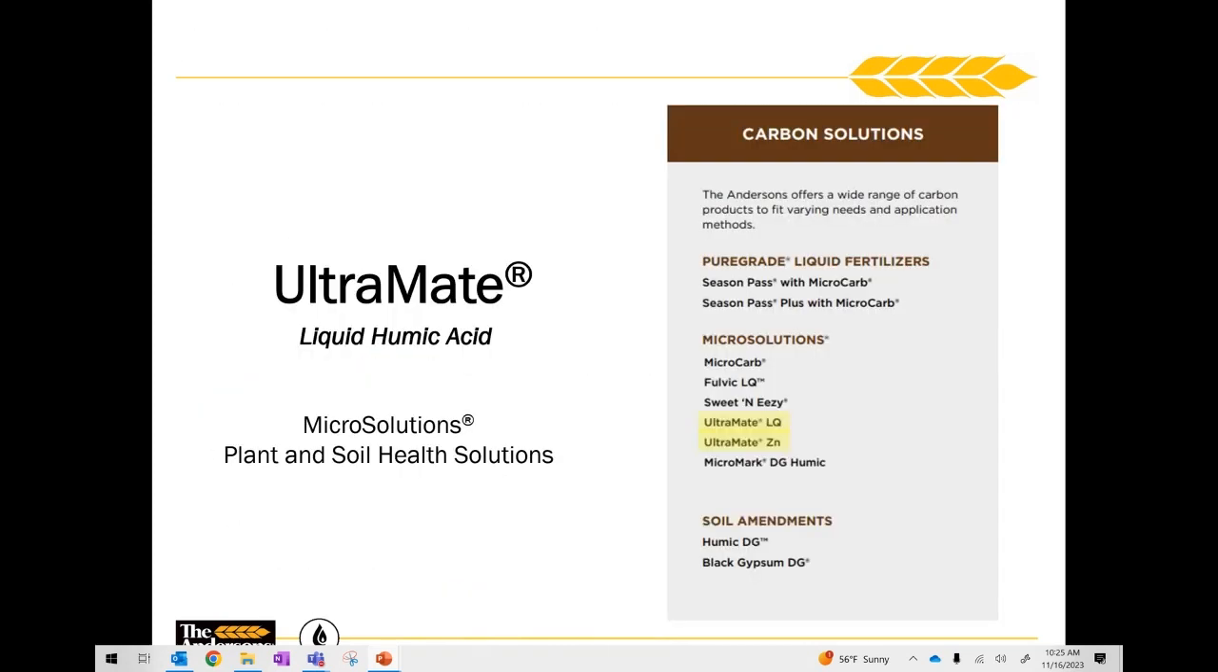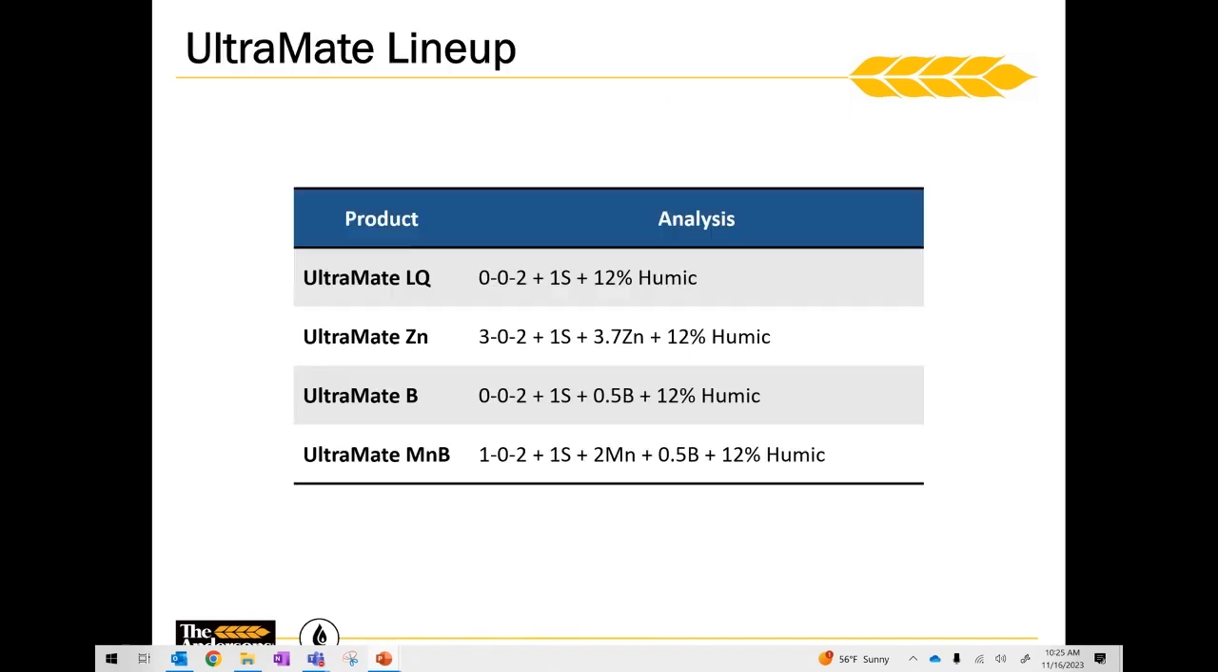Our Ultramate lineup. This is our liquid humic acids. We have the Ultramate LQ and the Ultramate ZN. They're listed on our carbon solutions, but we did add to our Ultramate lineup. So we've got our flagship product on our Ultramate. This is a potassium sulfate product. So we do have a potassium and a sulfate form there, but this is our really nice 12% humic acid